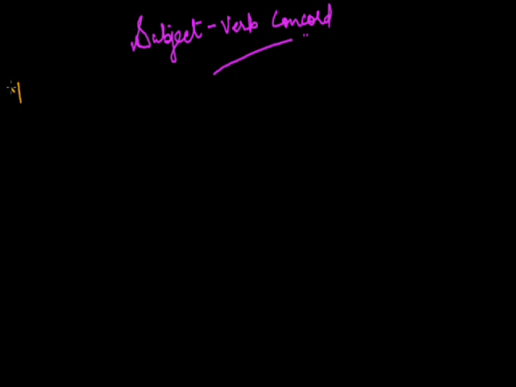Good afternoon. In our previous class, we were doing subject verb concord, and now we'll start again with the rest of the part of subject verb concord. The next rule for using verb with a subject is if the noun that indicates the name of a country or title of a book takes singular subject. Okay, shall I write rules for you? Yes.